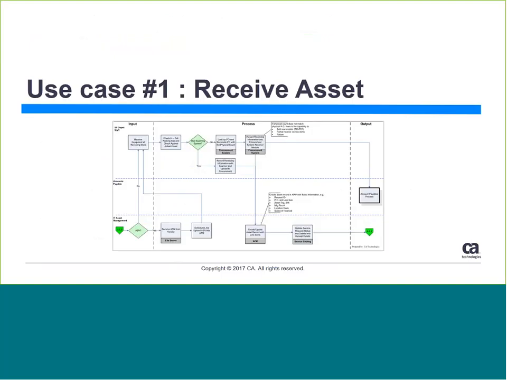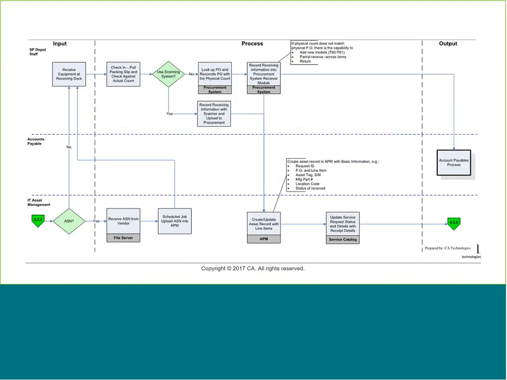So the first thing we're going to talk about is the receive process. The receive process is the process where you've ordered something, and then you need to get that into your operation, and you need to get it installed, provisioned,